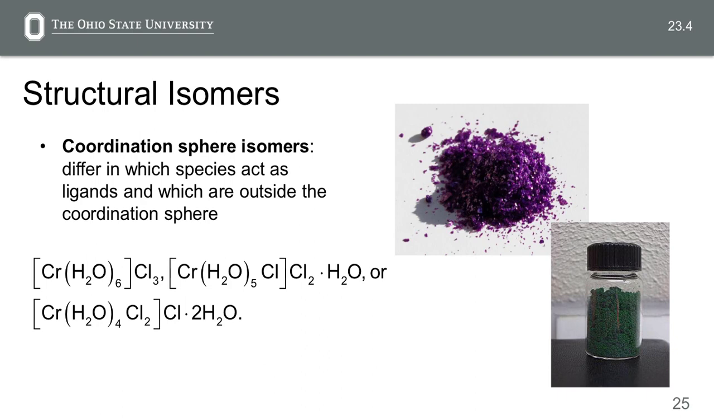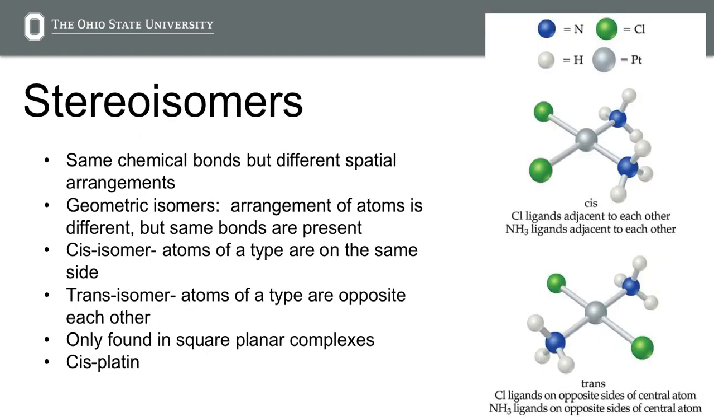Okay. Those 2 types you don't see all that much in organic chemistry. Stereoisomers you do see a lot more frequently. So stereoisomers, like I mentioned before, have the same bonds but different spatial arrangements. So great examples of this are the cis and trans isomers of the platinum complex, that is this, so platinum,